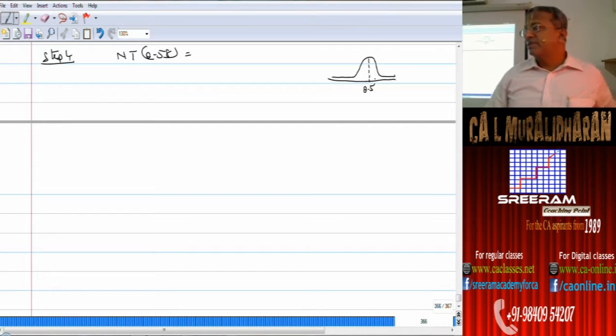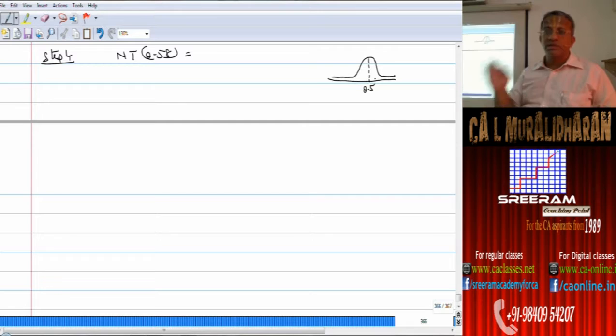I remember this example I have conveyed to you. Your audit manager is asking you to assemble at your office by 7 o'clock because you have a stock audit to be performed in a factory located some 40 kilometers away, and you are all going in a van. So the van got arranged, 7 o'clock is the time. If you are there by 6:50, it is as good as coming by 7. If you come by 7:10, then you are delaying the entire team.